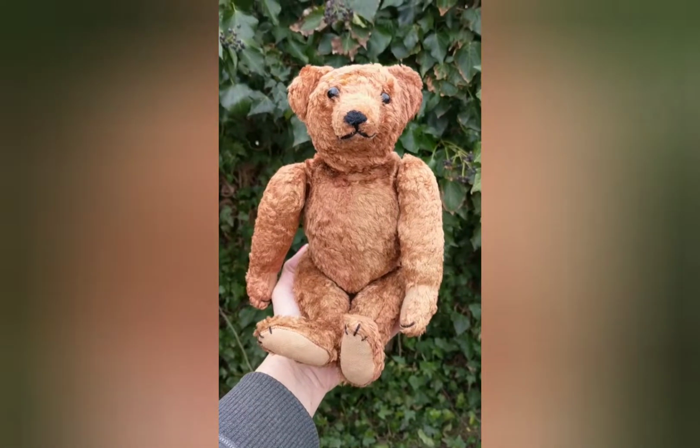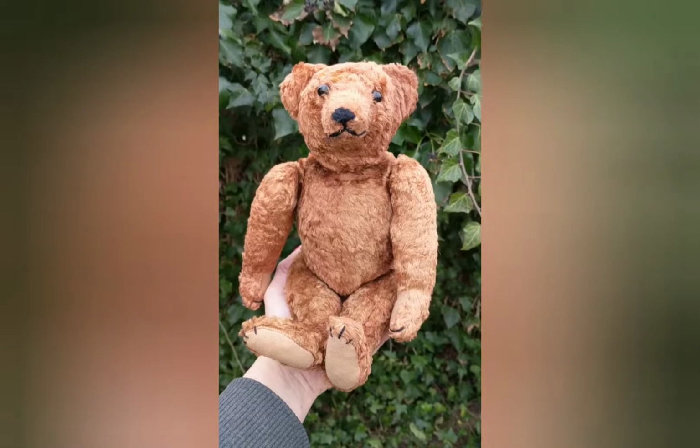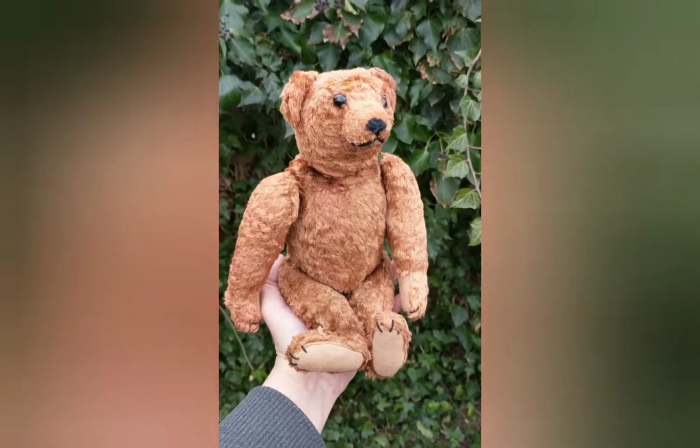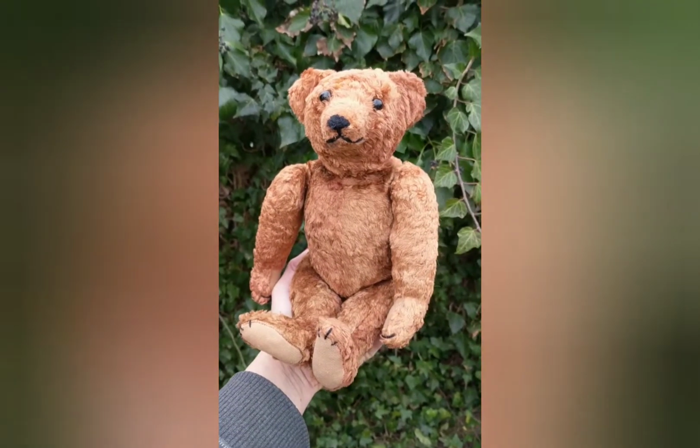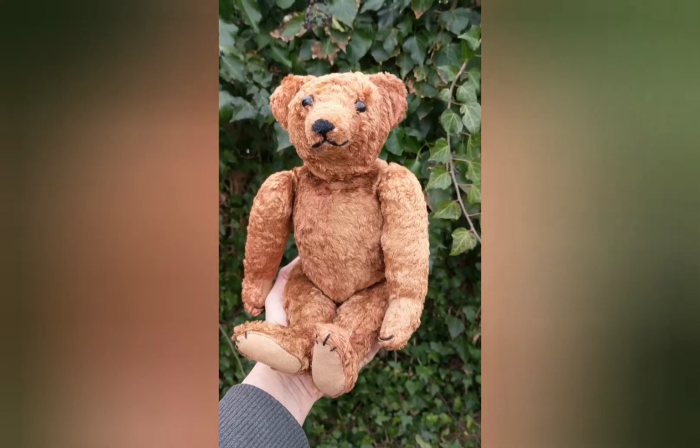Indiana, and I'm freezing cold right now. I'm outside of my yard and it's 30 degrees out and I have no coat on. But I just wanted to show you what I just got in the mail. And the seller said it was vintage or antique, and it was a teddy bear that she thought may be